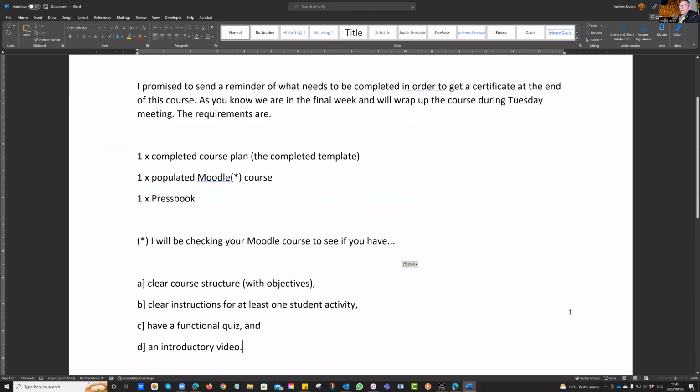All right. So what am I looking for? I am looking for one completed course planning template. Remember, we've been doing this template over the last couple of weeks, and I want you to have it finished. So there's a column for your structure, and there is a column for your objectives, and there's a column for your activities, and there's a column for your assessment, etc. And there's even a column for open educational resources and various other bits and pieces that you might find. So this course was about blended learning, designing and building blended learning. So we wanted to see that you had planned it out and thought about it in some detail.